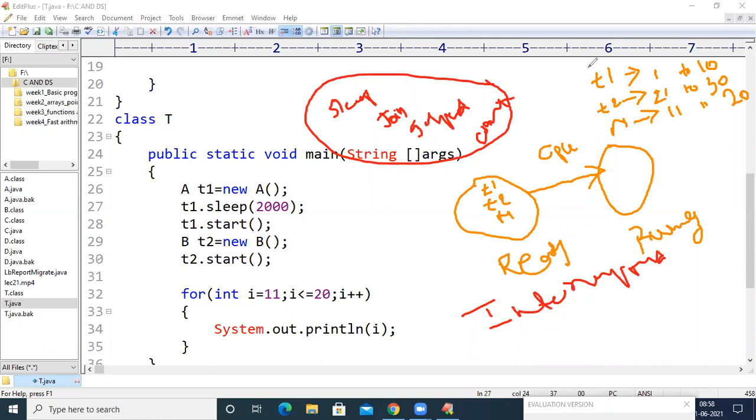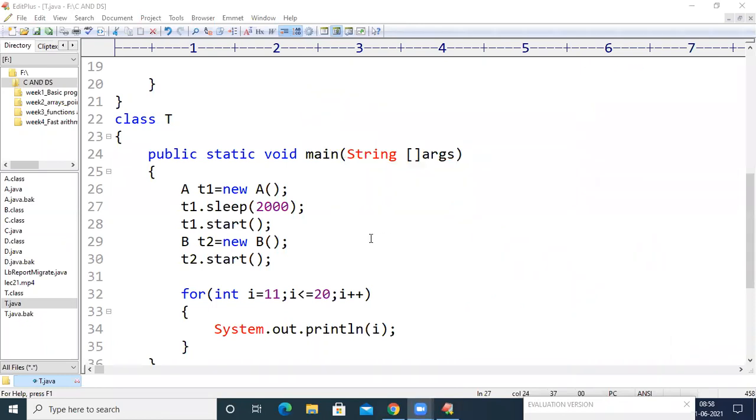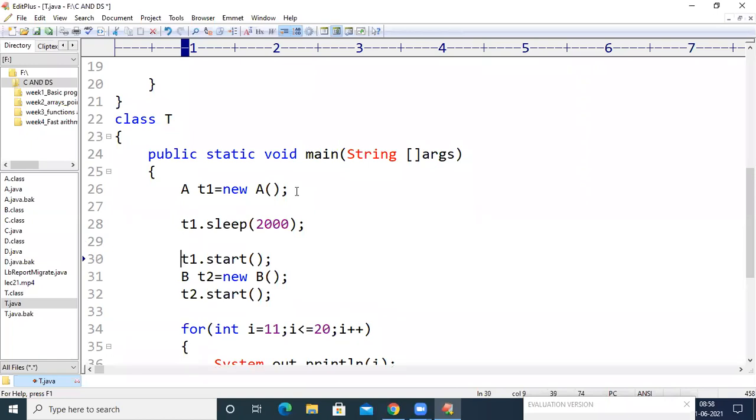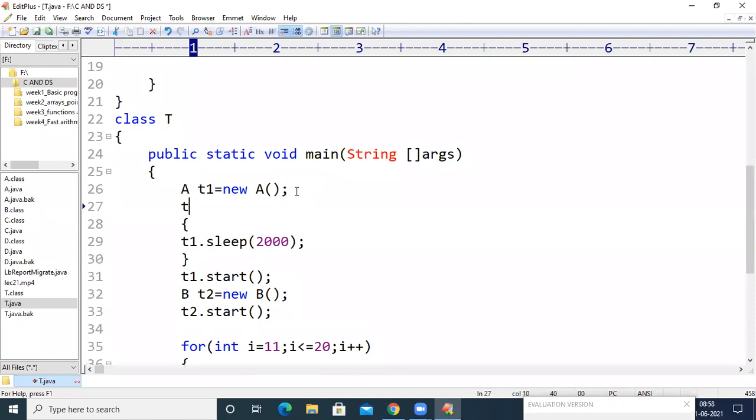So we have to maintain the code for handling such an exception. How to handle that exception? We are getting an exception at the sleep, join, suspend, or wait method. So keep this inside a block and use the try keyword.